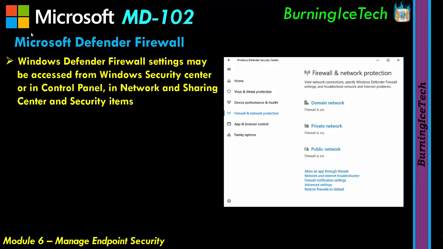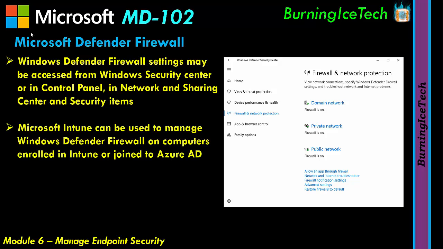When it comes to managing your firewall, besides doing it directly, you can also once again make use of something like Microsoft Intune, just like with the antivirus side of things. The only catch here, of course, is if you'd like to manage devices, and things like their firewall, these devices need to be enrolled into your company's Intune environment. If they're not enrolled into your company's Intune environment, you cannot go and configure things on them like their firewall settings. But that is something you guys should know by now because we did mention that quite a few times